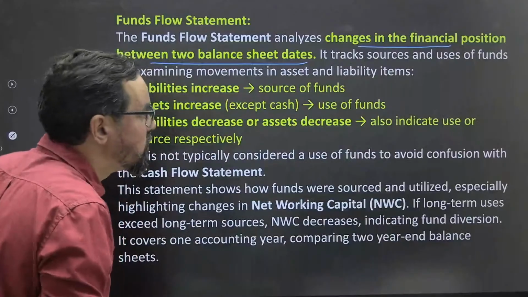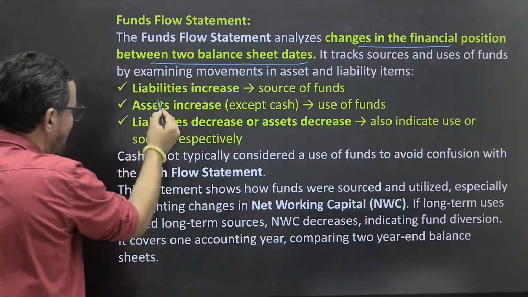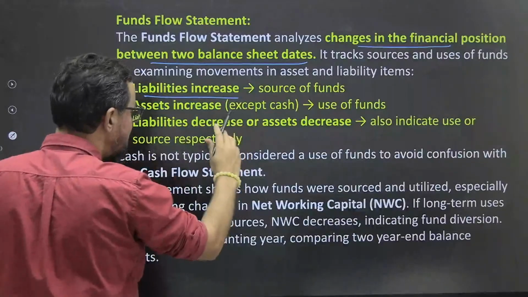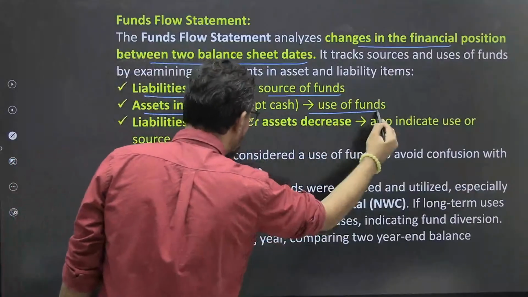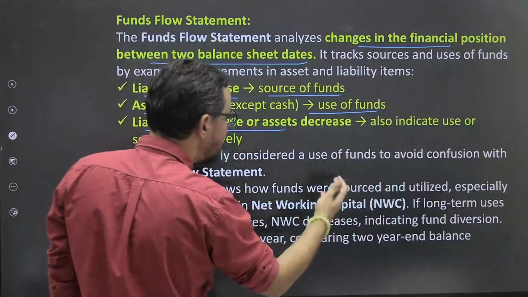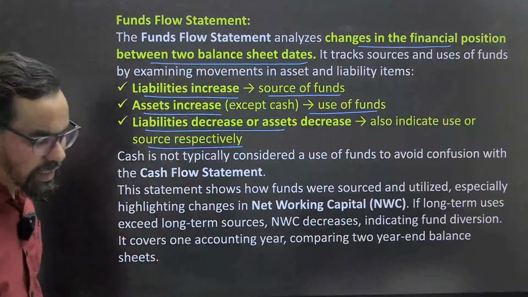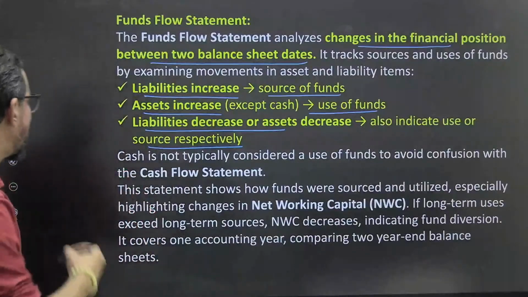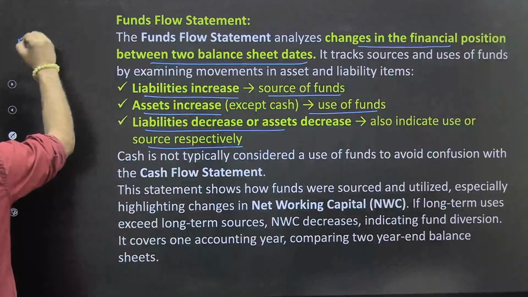It tracks sources and uses of funds by analyzing आपका increase: liability increase means sources of funds. ठीक है, asset increase means आपका uses of funds. ठीक है, liability decrease और asset decrease also indicate uses of sources respectively. ठीक है, तो basically यहाँ पे क्या हो रहा है, let's say there is a comparison आपका, जैसे आपका financial year और accounting year ले लेते हैं. ठीक है,